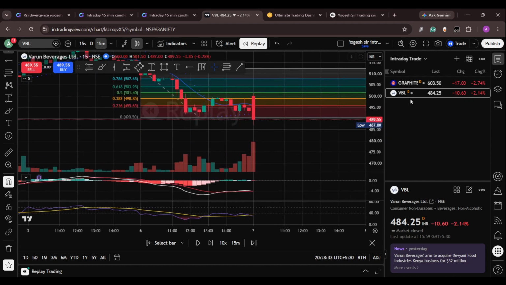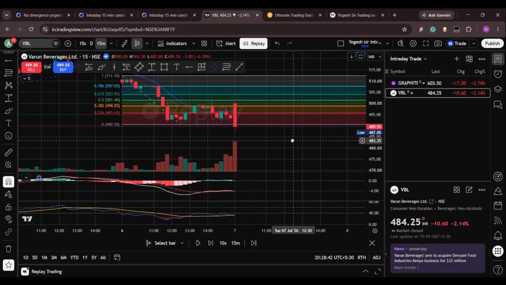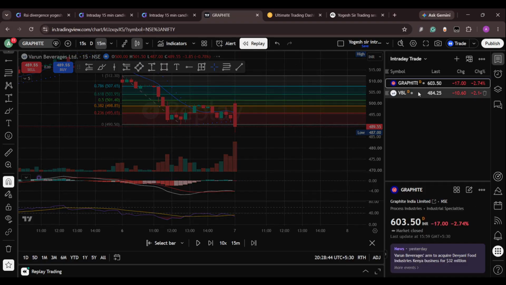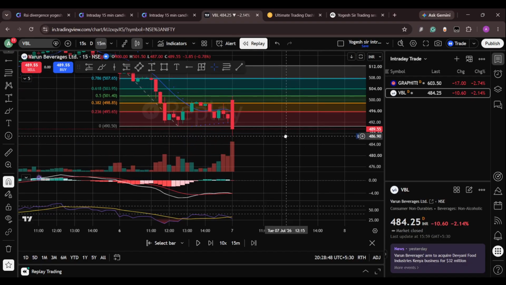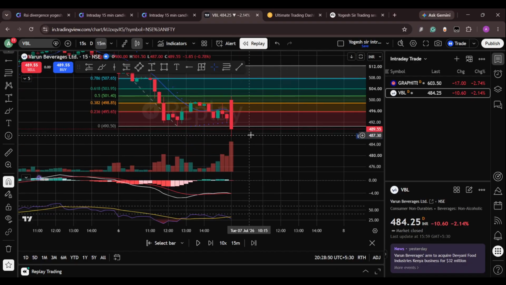Okay, let's do one thing. Let's take Varun Beverages as today's indicator. I've shortlisted these two stocks. Our entry will depend on the next candle. So before we go about and test it,